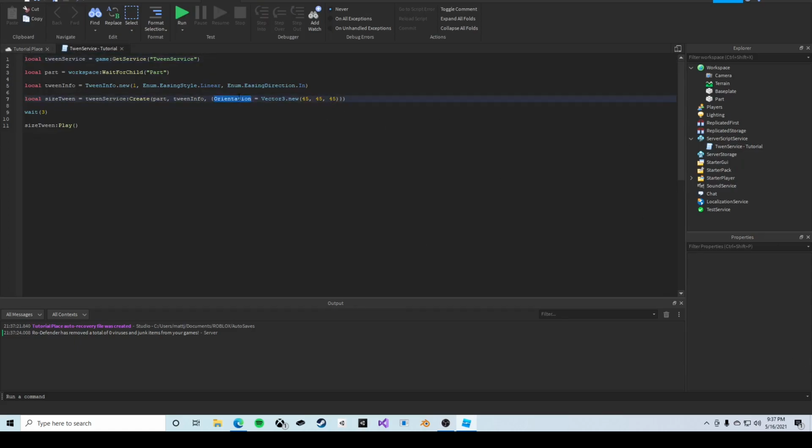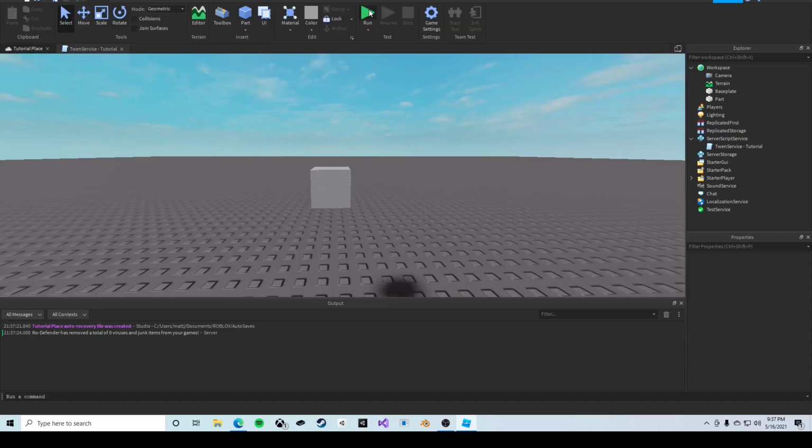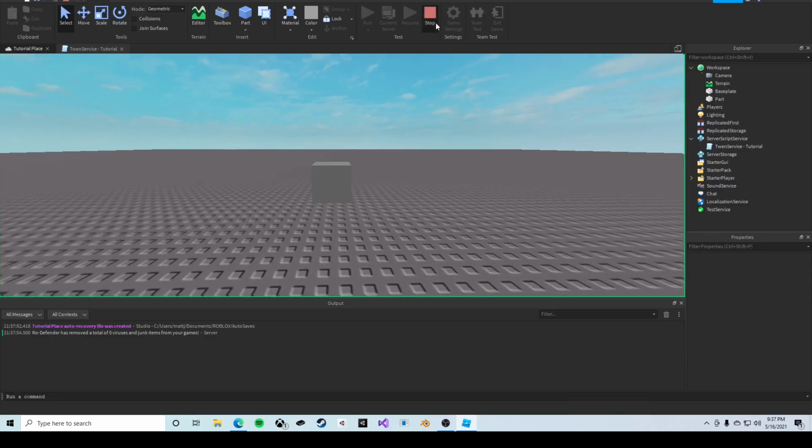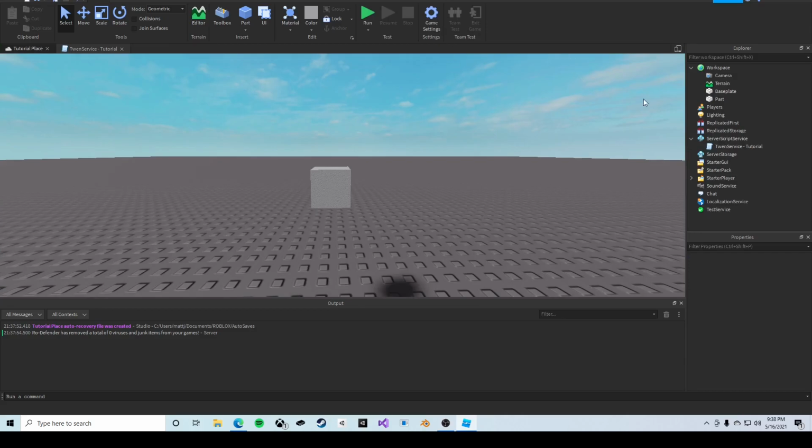We can even do color. I think it would have to be Color3. Color equals Color3.fromRGB 125, 125, 125. I think you could just write color. It might have to be Color3. No, you can just write color, and we can even tween the color that way. So yeah, tweening allows for some nice smooth animations of a part inside of your game,